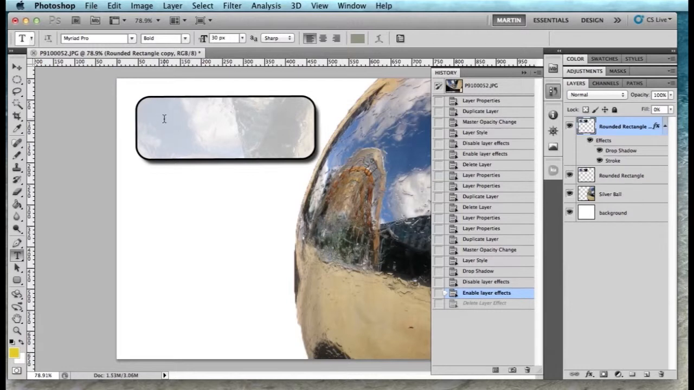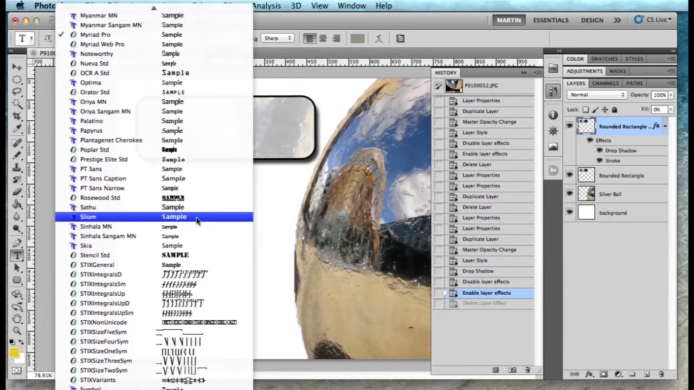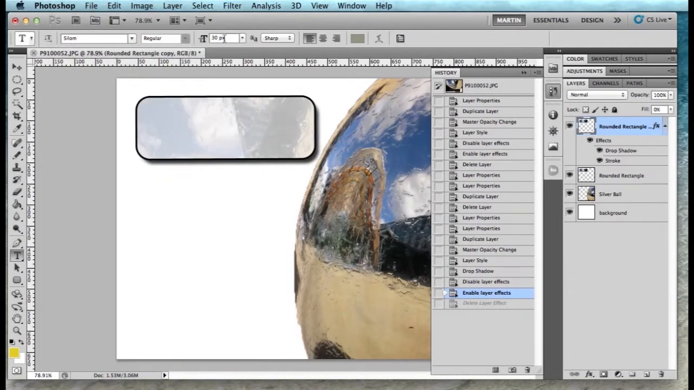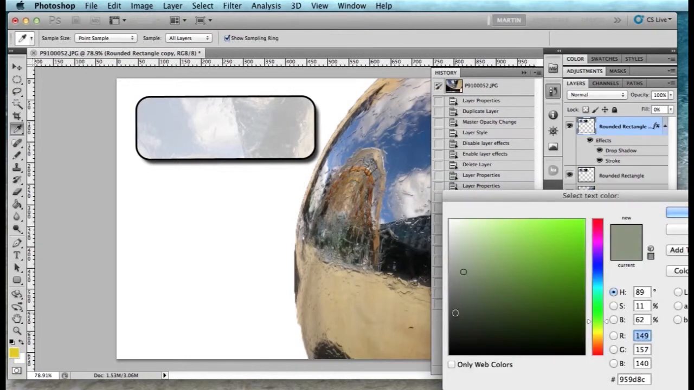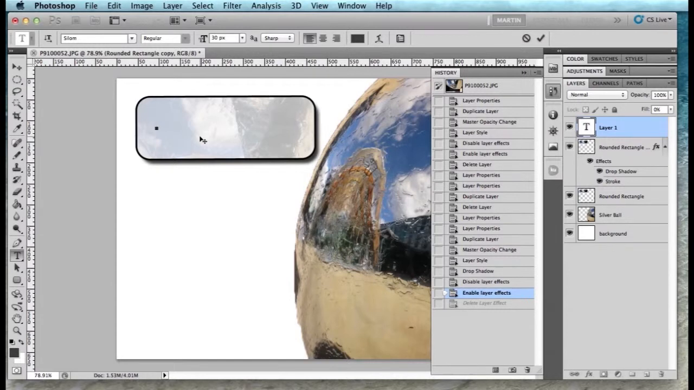Now just before I do that, you'll see that in the options bar along the top we can choose a font. Loads of fonts to choose from there, so I'll pick a font. We can pick a font size, and alignment, and this one here would be the colour, so I'm going to make that a darkish grey. Click OK, and so now if I click in here, I can type in my text